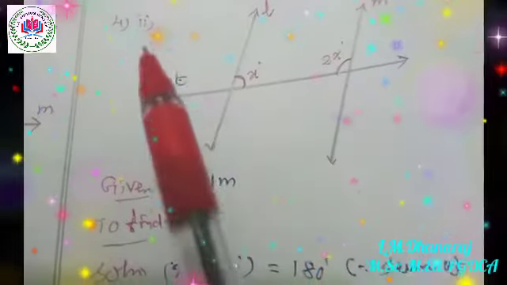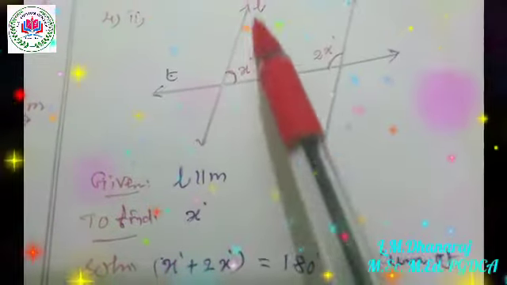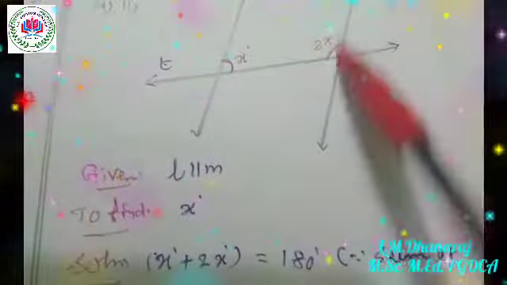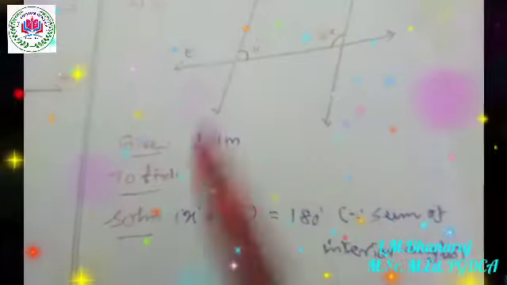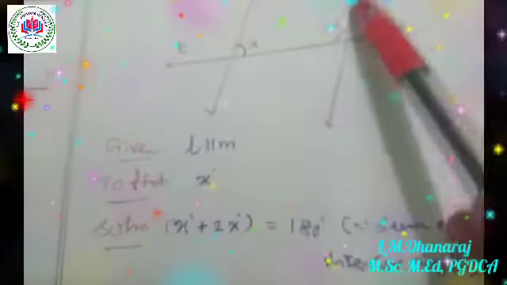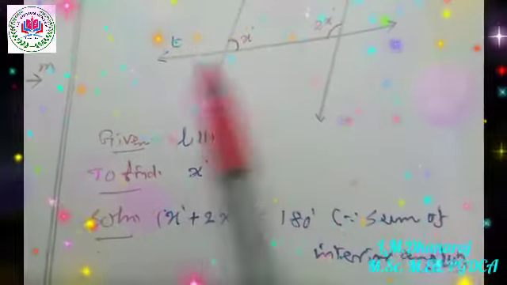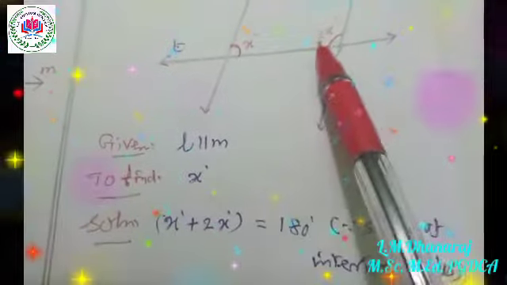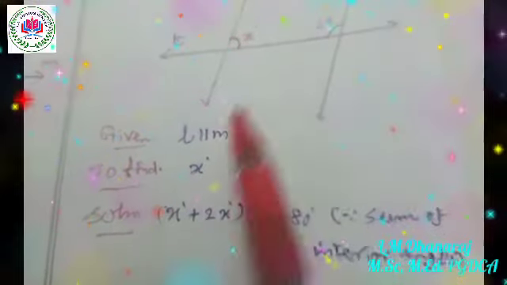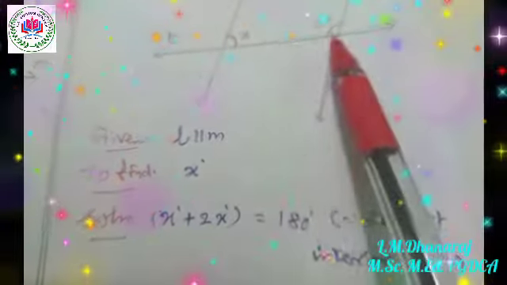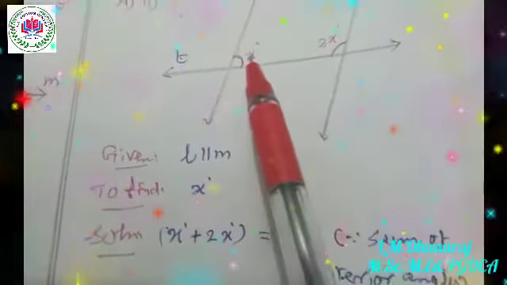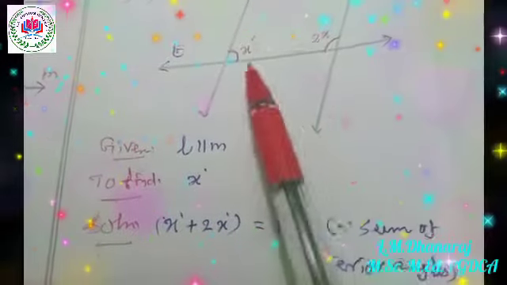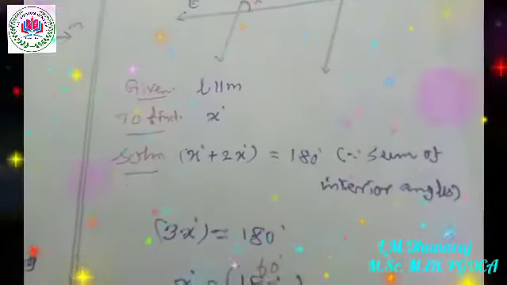Now let's move on to the second subdivision in fourth sum. L and M, these two are parallel lines and this is a transversal. Now we have to find the value of X. Since these two lines are parallel and this is a transversal, let us look at here. These two angles are known as the sum of the interior angles on the same side of the transversal. So when we add these two, we have to get 180 degree.